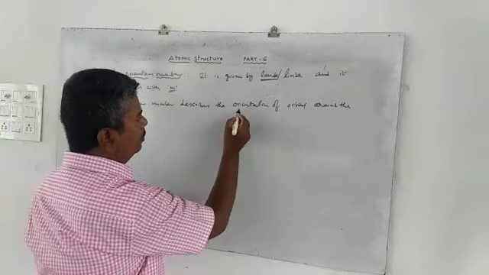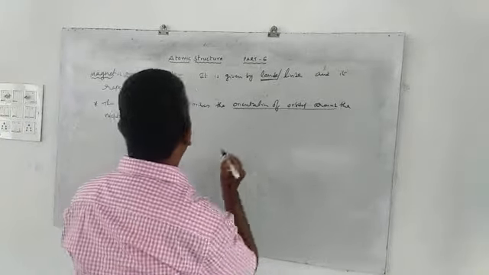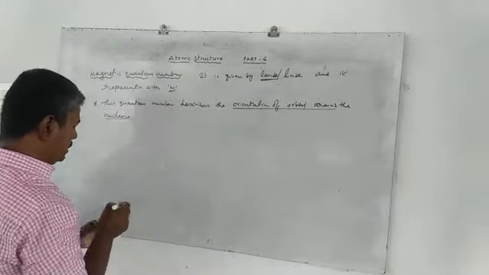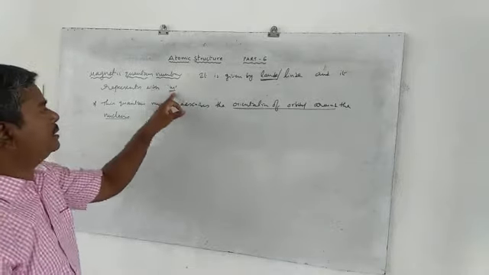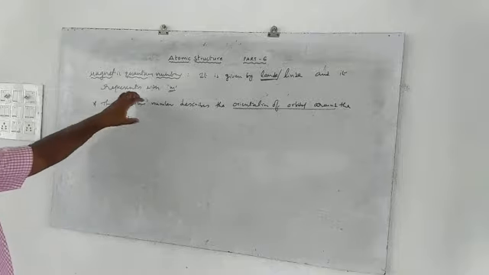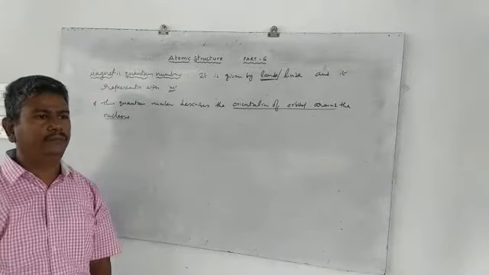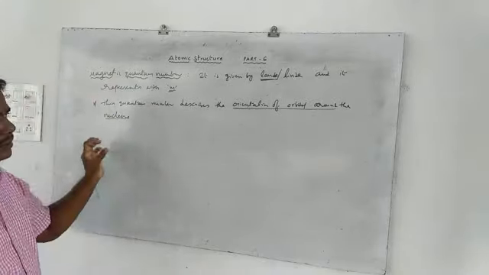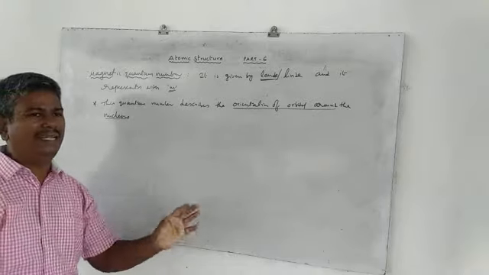Which one? The orientation of orbital around the nucleus is described by which one? Magnetic quantum number. That means on the basis of the magnetic quantum number only we get the information about degenerate